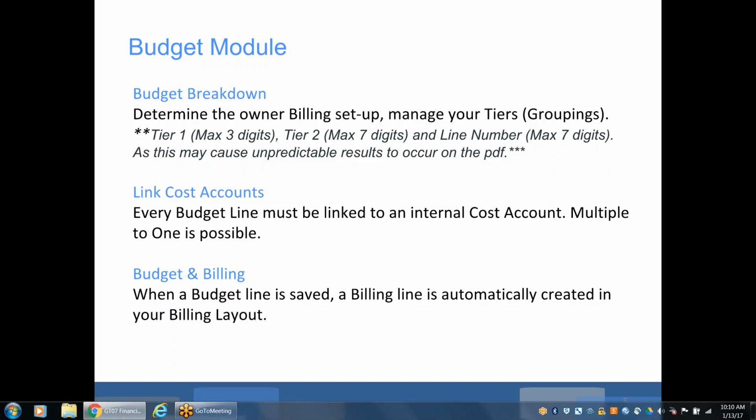So I do have a note. If you are using tiers, make sure that Tier 1 does not exceed 3 digits, Tier 2 does not exceed 7 digits, and the line number does not exceed 7 digits, as this may cause unpredictable results on your PDF, the billing PDF. So please make a note of that. Once you've discussed with your owner/client how they would like to see their billing breakdown, if you are going to be using tiers or not,